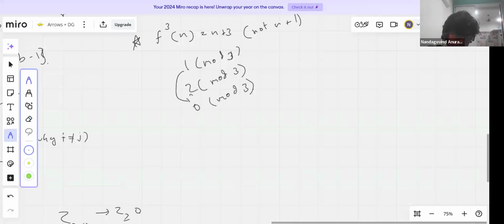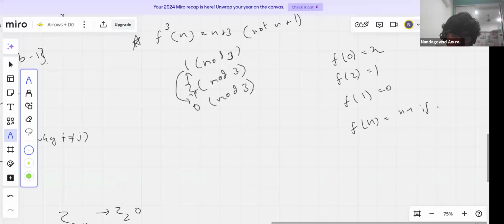So f of 0 is equal to 2, f of 2 is equal to 1, and f of 1 is equal to 0, which is given by the function f of n is equal to n minus 1 if 3 does not divide n, and f of n is equal to n plus 2 if 3 divides n,